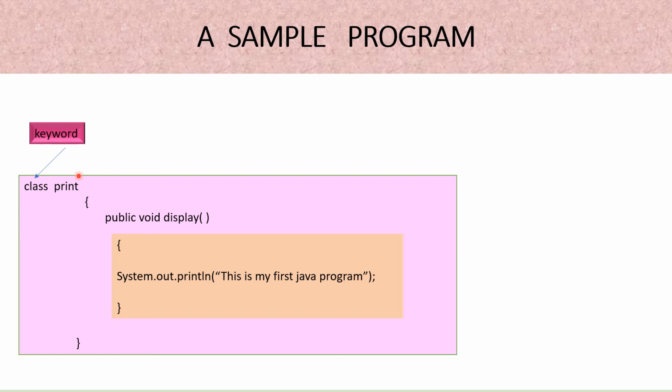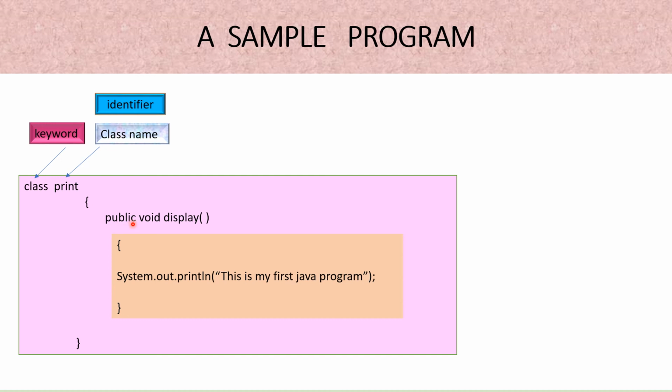As I have written print, this is the name of my class, and as we have a right to choose the name of our own choice here, यहाँ पर हम अपनी मर्जी से नाम choose कर सकते हैं. So this falls in the category of identifier. Okay,